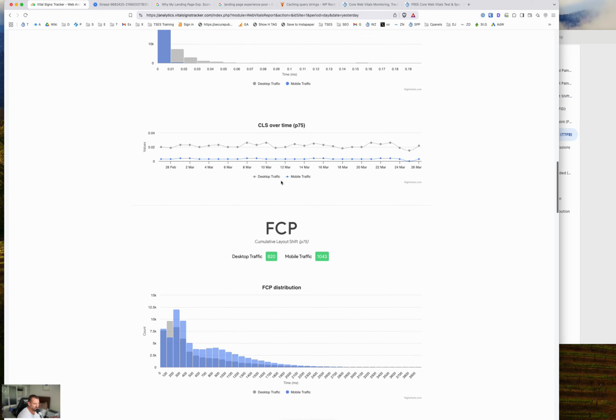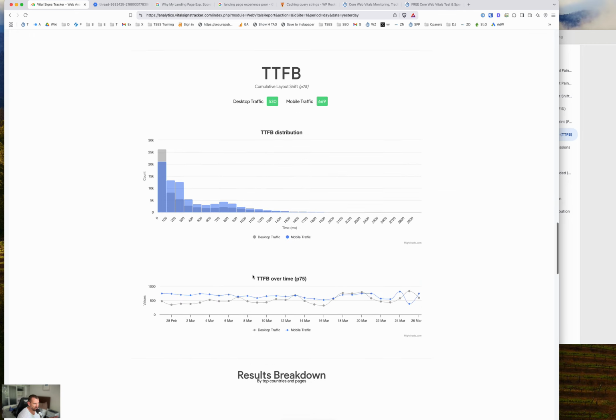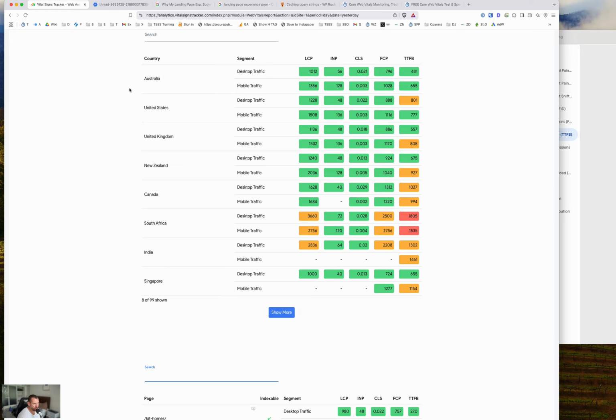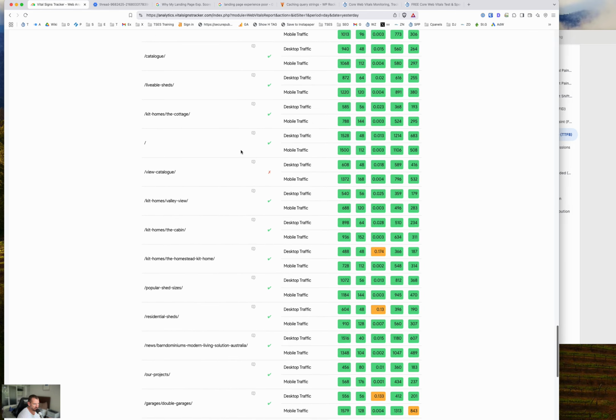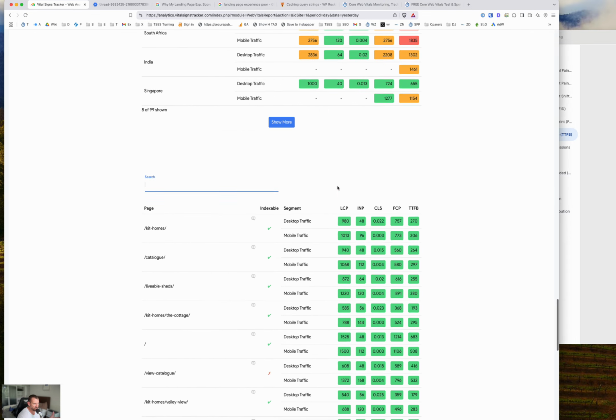If we scroll down, we'll start to get into some issues here. So all looking good here. We have the country by country breakdown, and then we have the page by page breakdown. So page by page looks really good. Like if I'm looking at that, there's no issue. But